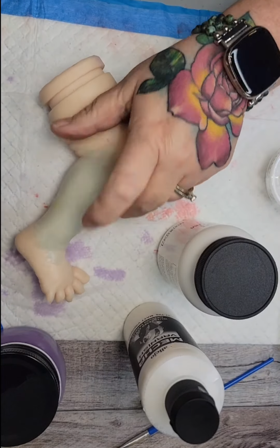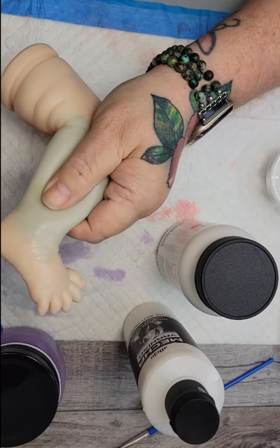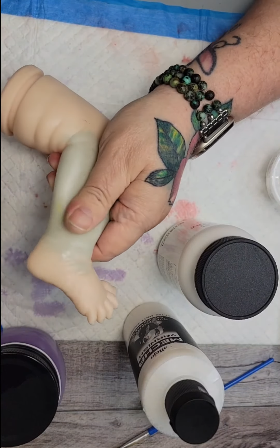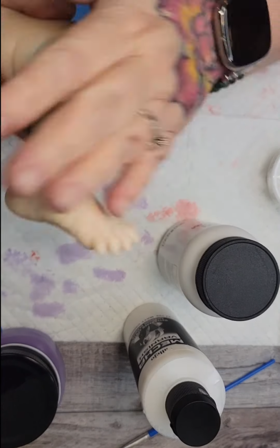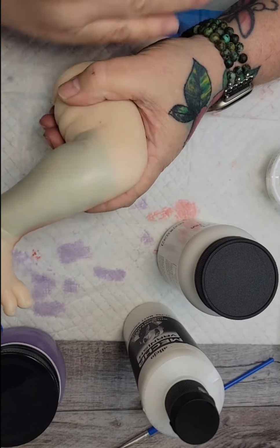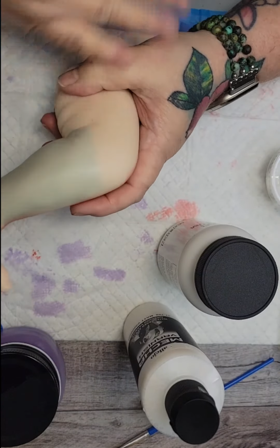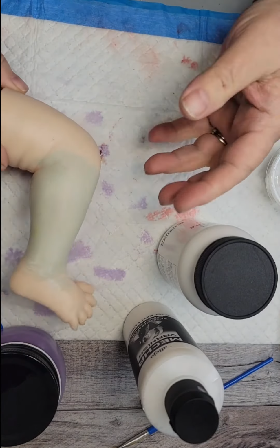And it definitely, actually it's still a tiny bit warm. I just got it out of the oven. It definitely is not coming off. And I did heat set it. I heat set it exactly how I would heat set my Genesis if I was using Genesis. Actually, I'm getting some crud off there from where I did on this side. But anyway,